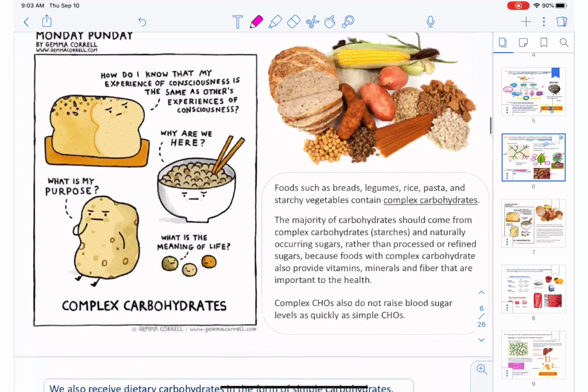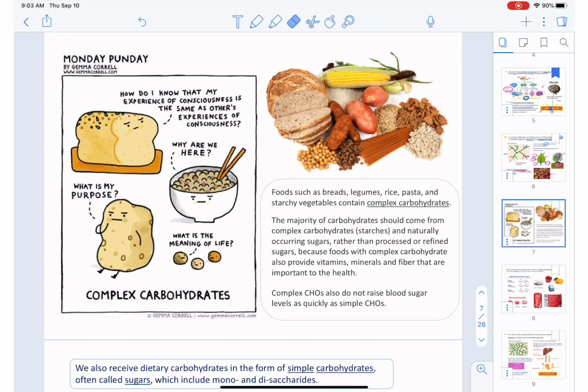And I want to talk about complex carbohydrates just real quickly, but from a dietary perspective, from a health perspective, the majority of our carbohydrates should come from complex carbohydrates. They should come from starches. And the reason this is the case is that foods with complex carbohydrates like breads, legumes, rice, and pasta tend to have other nutritional value besides carbohydrates. So they have vitamins in it, they have minerals in it, they have fiber, they have other important health benefits